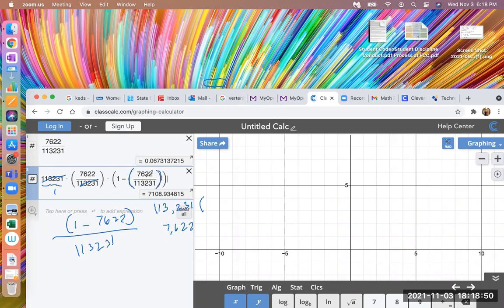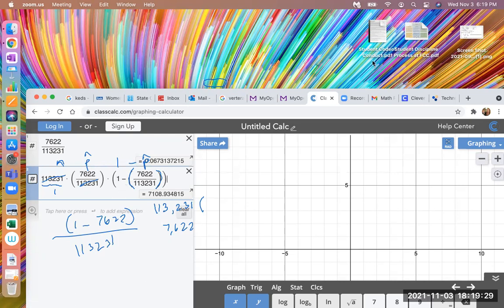I'm not sure the calculator would have understood that I'm doing 1 minus the p hat, right? And this is the p hat, and this is the n, right? So n times p hat times 1 minus p hat, and doing that formula. And it's definitely larger than 10. And notice I did not truncate. It's best not to truncate any fraction, so any decimal. As soon as I turn this into a decimal, it's a long decimal, I have to truncate it. So that's why I left it as a fraction in my calculations here to make it as accurate as possible.